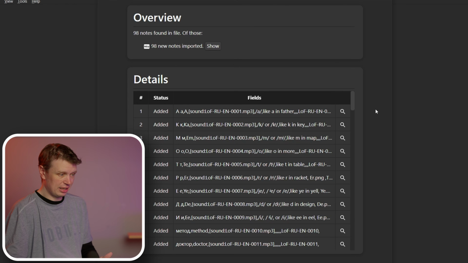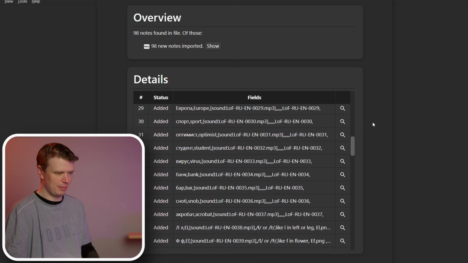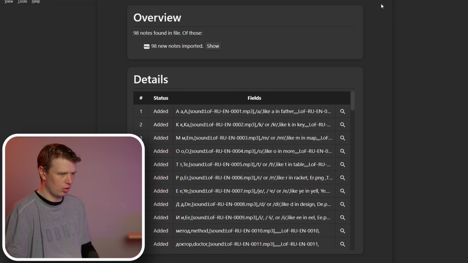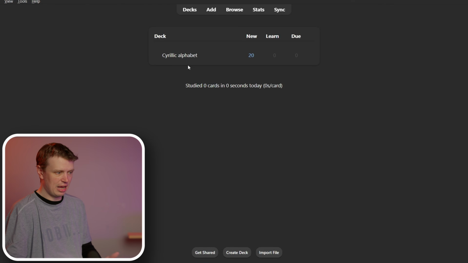On this particular deck, that's not very big. It's only 98. There are some decks out there that are very big, like 10,000 cards. So yeah, it will take a different amount of time, but none of them take very long. So you just close that. And now you can see that I've only got one deck in all of my Anki, and that is the